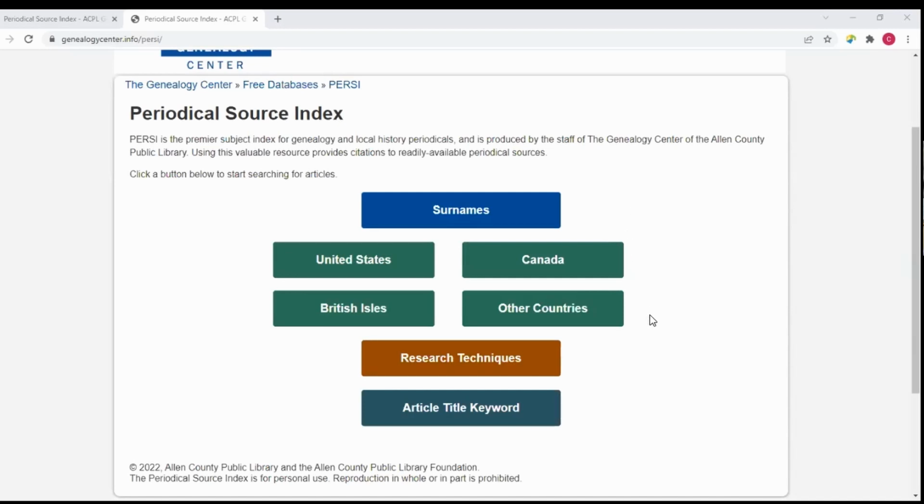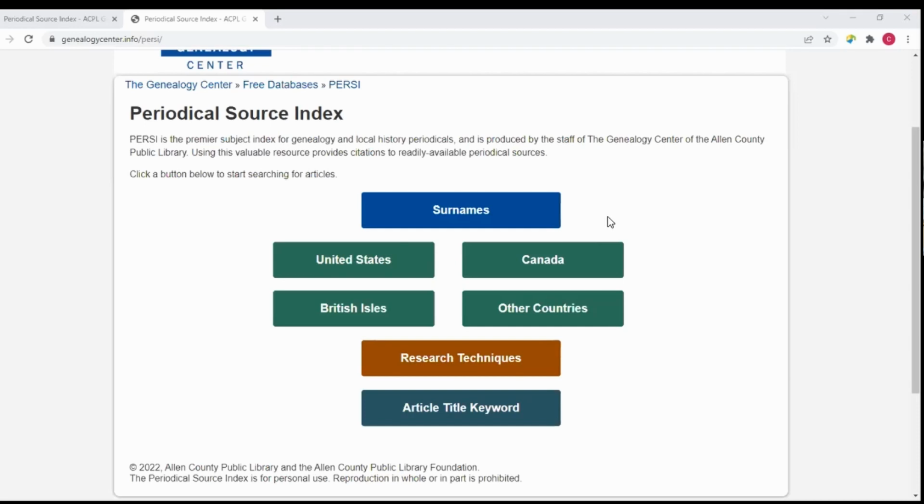I don't know, Elizabeth, if any of the questions are, well, what if I want to search for the compilers of the article, the authors and compilers, people who have written the articles? We made a decision a generation ago that that wasn't a key piece of information. I've heard from many people over the generation that we've been doing PERSI saying, oh gosh, Curt, it would have been really helpful. We did not, we have not, and likely for the immediate future, we will not. We're just trying to get more articles available.